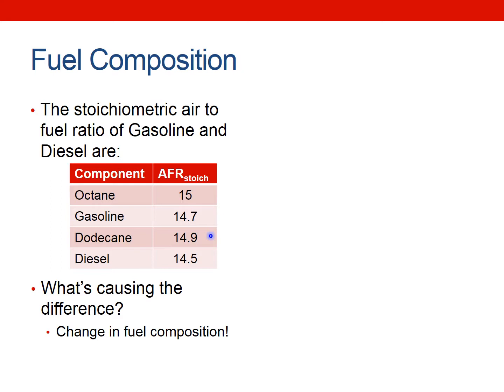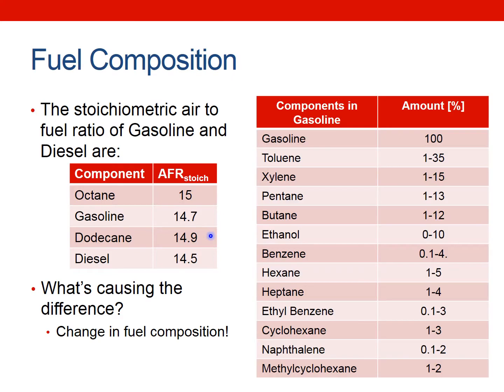Because gasoline is pumped out of the ground, it's not a pure substance. Octane, let's say, is a pure substance. It has 8 carbons and 18 hydrogens, and we know that. But gasoline has been compressed down from fossilized animals over millions of years, and so its chemical structure is very diverse.